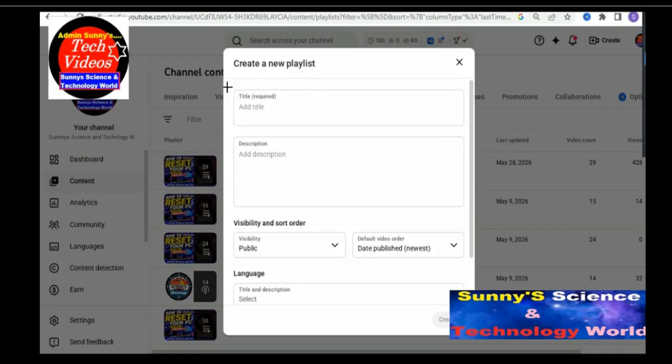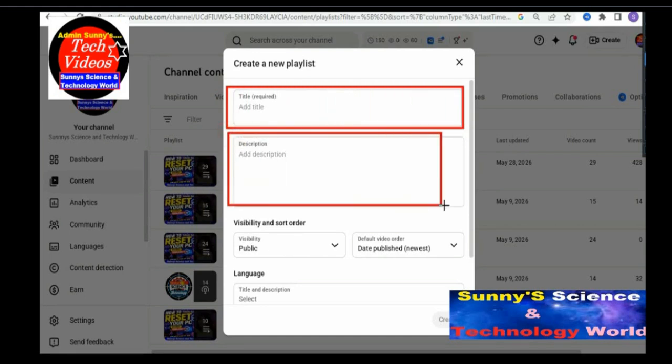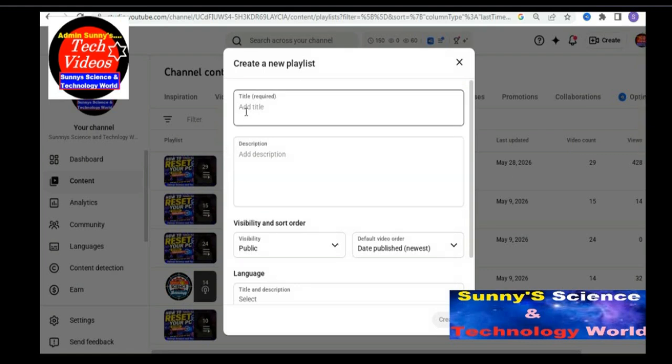When you click on it, you have to create the name of your playlist. In the playlist name, make sure you use the most searchable keywords. That is very important, like what people want to watch on YouTube. Here I thought of a few keywords and decided to write an example to show you how to create a new playlist with the help of your computer, laptop or maybe mobile. How to create a playlist with the help of mobile, in the next video I am going to create for mobile users.